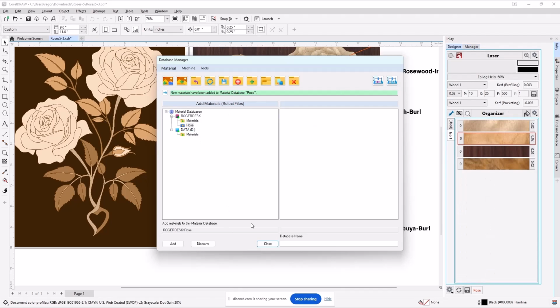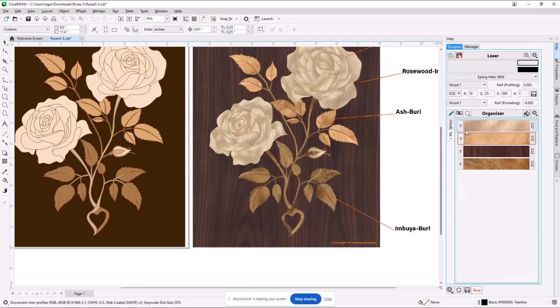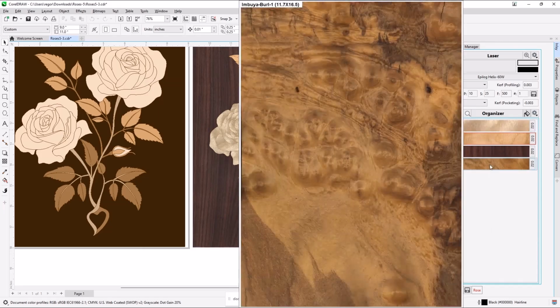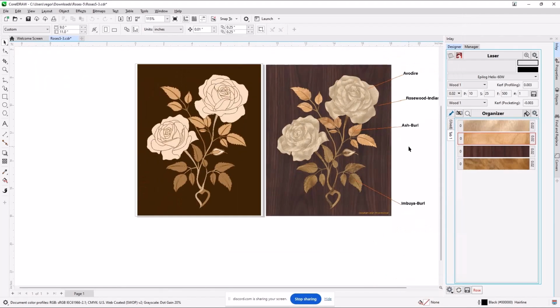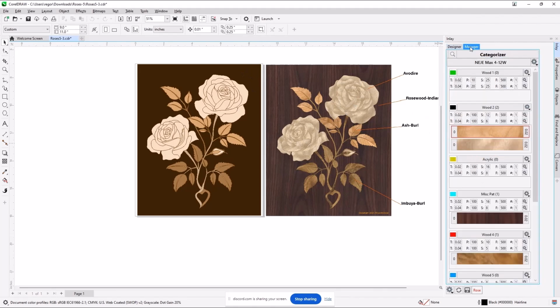First one of which is I can close this out because guess what? I actually now have in tab 1 veneers. It happened to have selected one, but the nice thing about it is if I hover over them, I just got a picture of the burl with a size of 11 by 16 roughly, so we can check that in a second. I have the flower here. Let me go ahead and zero in a little bit. I have the stuff for the flowers here. I have the stuff for the background, and we're ready to go because we've chosen our laser.